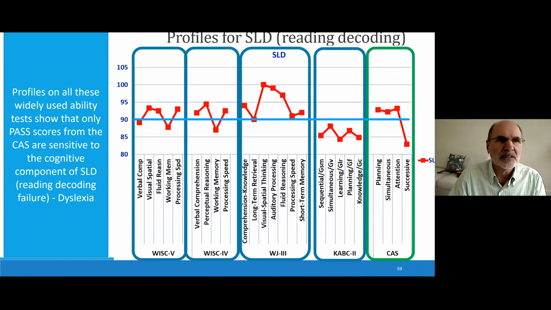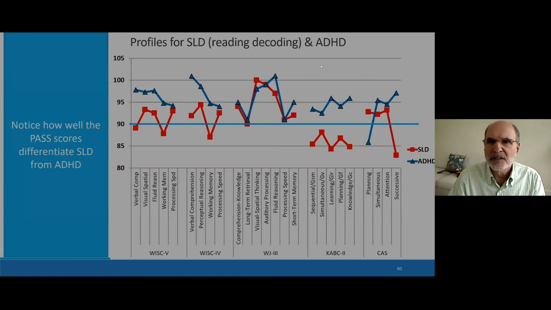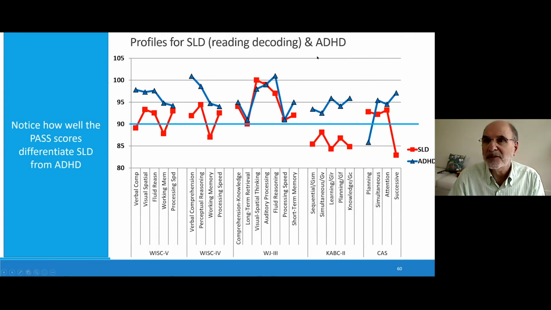Successive processing, really bad. That makes a lot of sense because reading decoding is about sequencing of sounds. That's the dyslexia. Those kids have a distinctive profile. And when you put these all together, this is where it becomes really interesting. When you put the two sets of profiles on top of one another, you see the WISC-5 and the WISC-4,